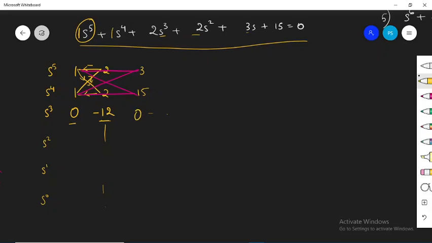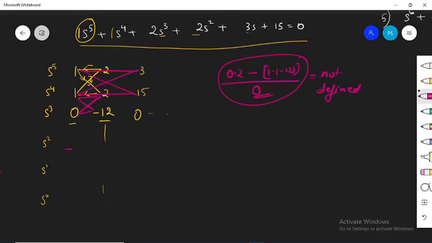Moving on to the next row. Now for this row, if you again want to find out what's going to be the value over here, it will be 0 into 2 minus 1 into minus 12 divided by 0. What is coming? 0 into 2 minus 1 into minus 12, and then this to be divided by 0. Now how can you define this? This term cannot be defined, because denominator is coming as equal to 0.